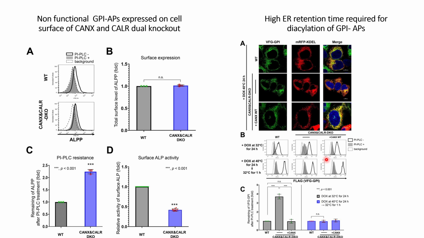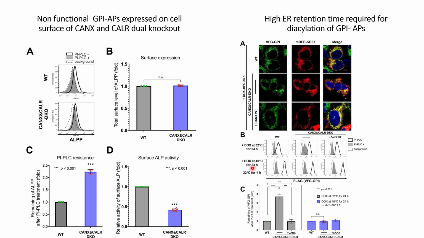For 32 degrees, in the wild type, they can see that the PI-PLC sensitivity of the GPI-APs is higher, and for the dual knockout, it is partially sensitive. However, when it is rescued with the Calnexin wild type, the sensitivity to PI-PLC treatment of the GPI-APs increases, and similar results